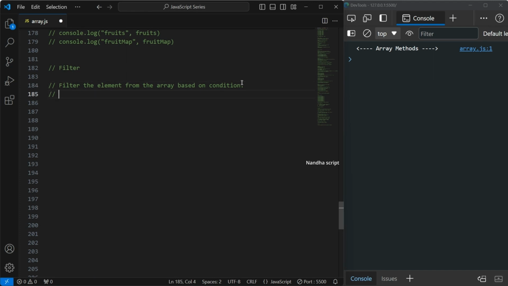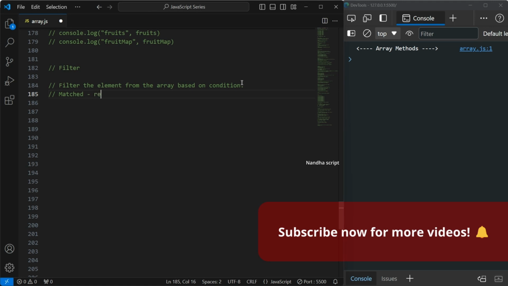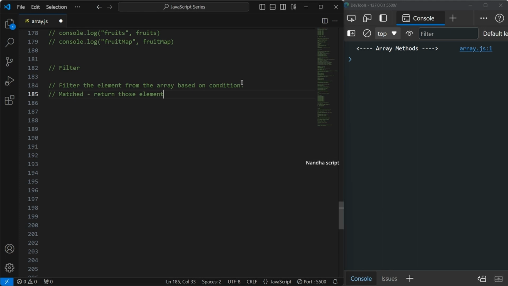I will write it down. If it matches the condition, it returns those elements in the array. If not matched, it returns an empty array. So finally, filter will always return one array. It will not return undefined, it will return an array. After that, the syntax is